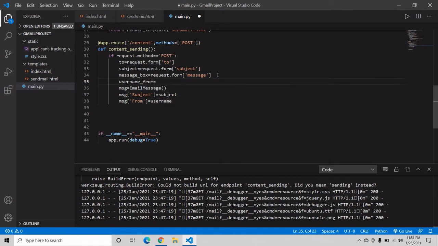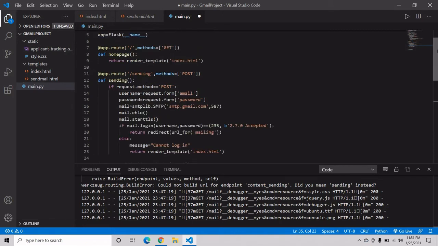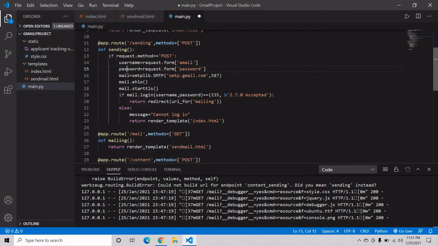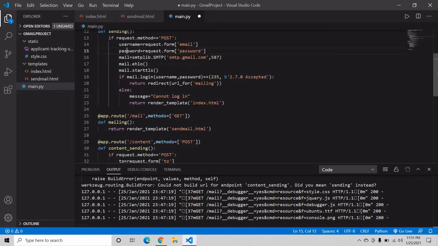Now see, our username and password should be the same in all the functions, because we have to send our email and use our username and password again and again. So for that, I am writing over here sending dot, same as our function name, because we have to use this variable outside this function. So for that, sending dot password.